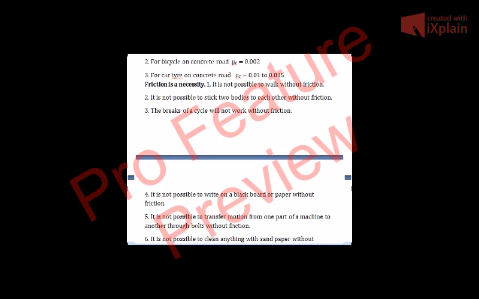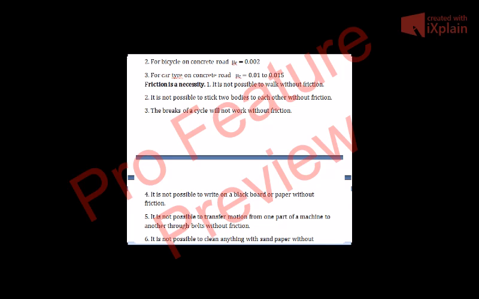Or we may not have been able to keep one body on the other. As with cushions in our homes, we keep one cushion upon the other, then another cushion upon that. We make a bundle of cushions. This is only possible because of friction. In constructing a house, we place one brick on the other and it stays there only because of friction. So it is not possible to stick two bodies to each other without friction. So here friction is necessary.